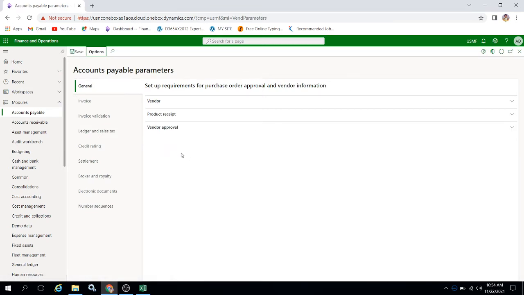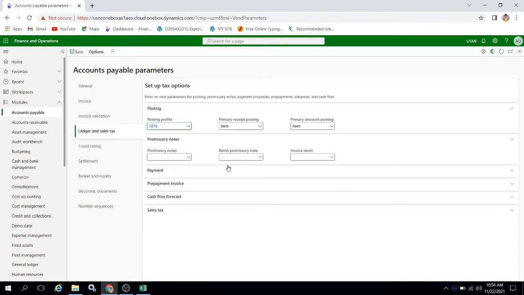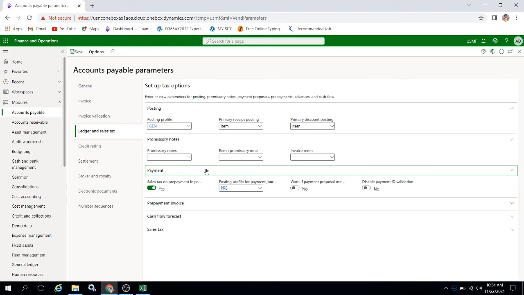In accounts payable parameters, let's go to ledger and sales tax, and here we have the posting profile for payment journal with prepayment.